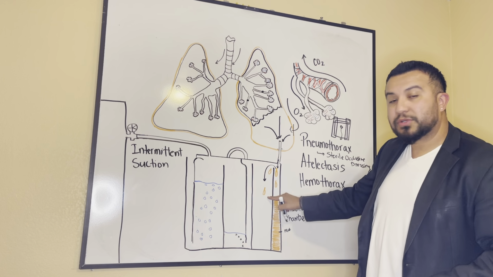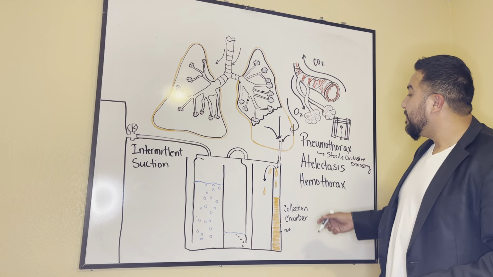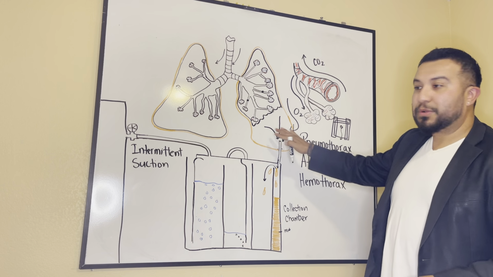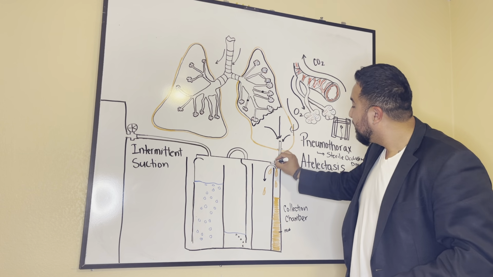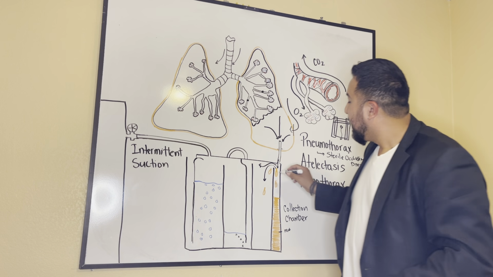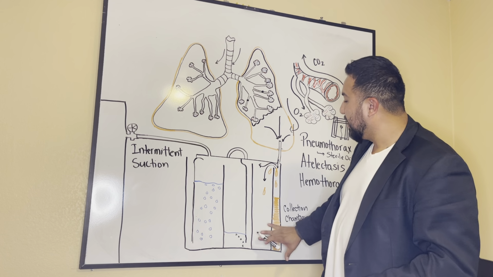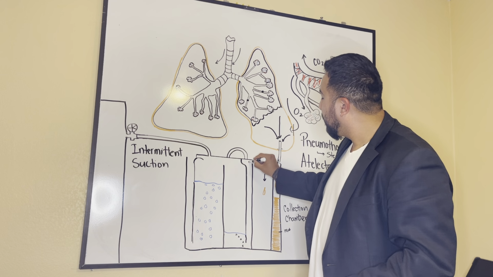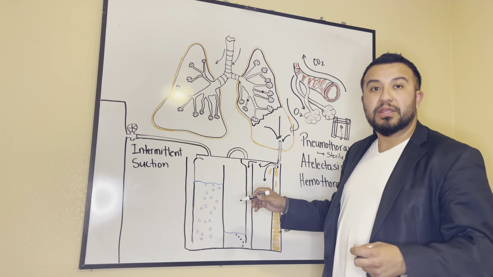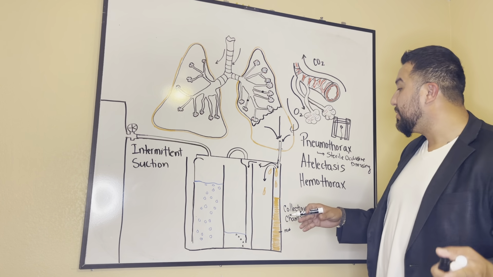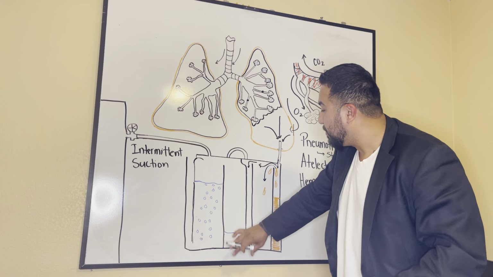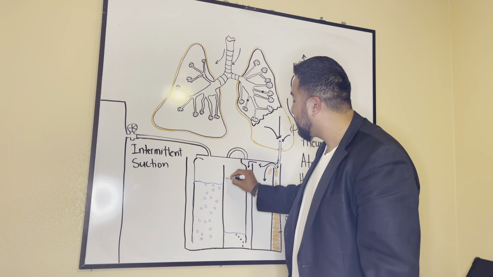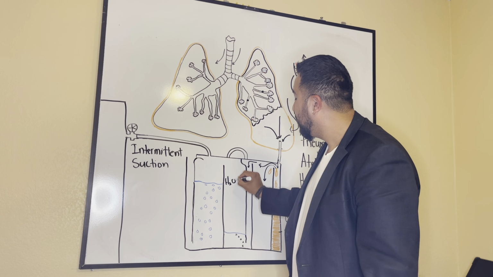As you can see, little drops are going in there as well. However, the gases that we have inside that pleural space continue to move this way, okay? And once they leave the collection chamber, they start making their way into another chamber that's very important for you guys to be able to recognize. It's the middle chamber, and this is known as a water sealed chamber. So I'm going to abbreviate water as H2O, water